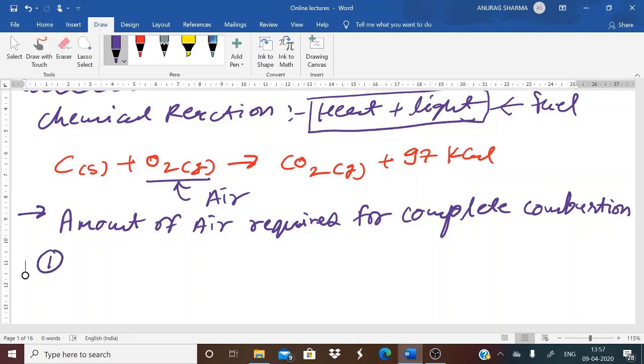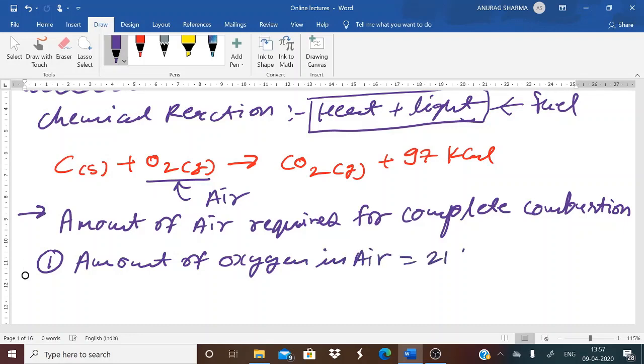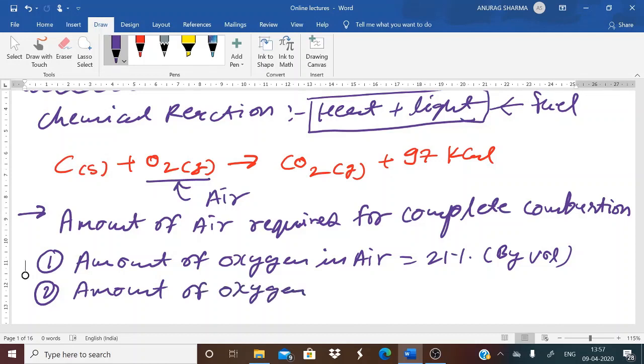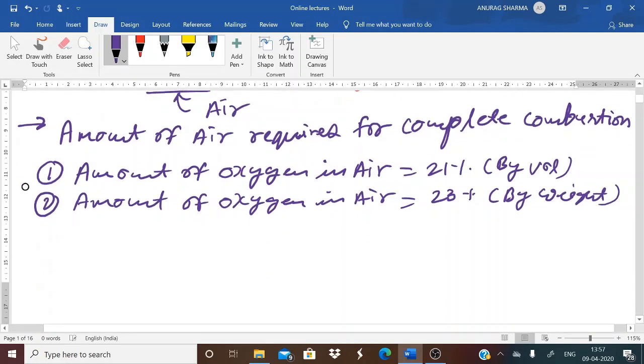Point number first, amount of oxygen in air is 21% by volume. And second point is amount of oxygen in air is 23% by weight. And third point, which is also important,